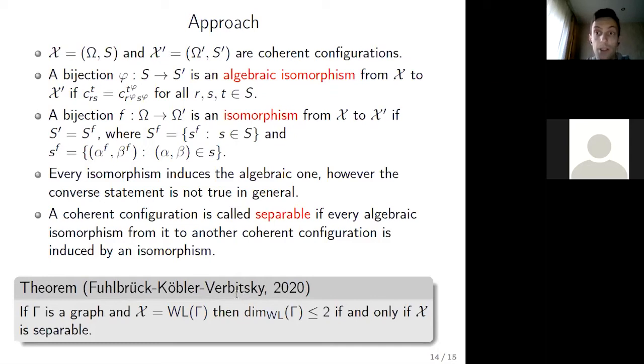So we reduce the question on Weyl dimension of a graph to the question on separability of the corresponding coherent configuration. And here we may use some tools from the theory of coherent configurations to check that the Weyl closure of our graph is separable. But